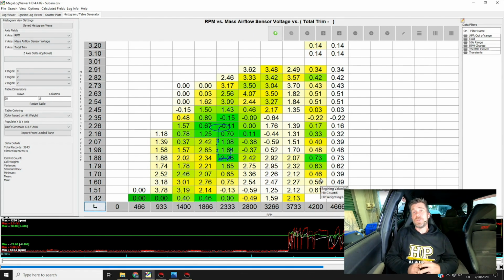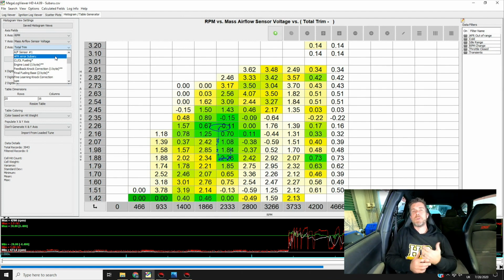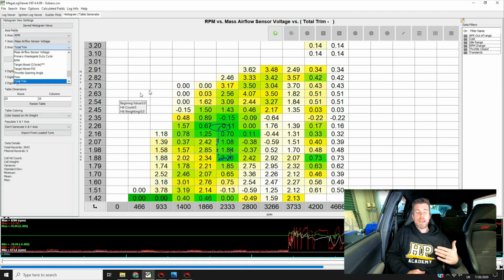So that's how we can use the histogram for our closed loop trim, so our closed loop fueling where we're targeting stoichiometric. However, when we go to wide open throttle, things are a little bit different here, and with our wide open throttle we're going to be changing our total trim parameter, because remember, in open loop mode our trims will be sitting at 0. We're going to be selecting our other calculated value here, which is our AFR error Subaru. So remember, that's just our calculated error between our measured air fuel ratio from our wideband and our target. So very powerful way of quickly gathering a lot of data and analyzing that data.